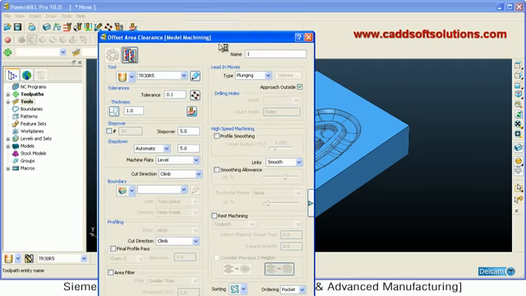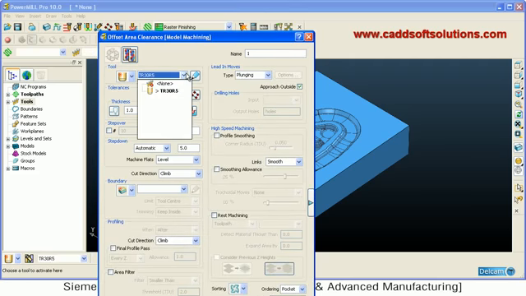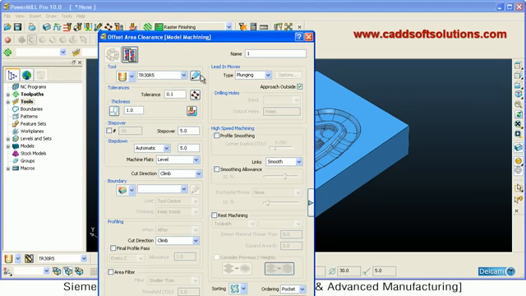So here you can change the tool if other tools are available, or the current tool you can edit from here, or you can create a new tool from here also. You have to give some good, proper name to it. Suppose I say rough 30. Then you have to define here the tolerance. Your machining should be at what tolerance. Then you have to define the thickness here.